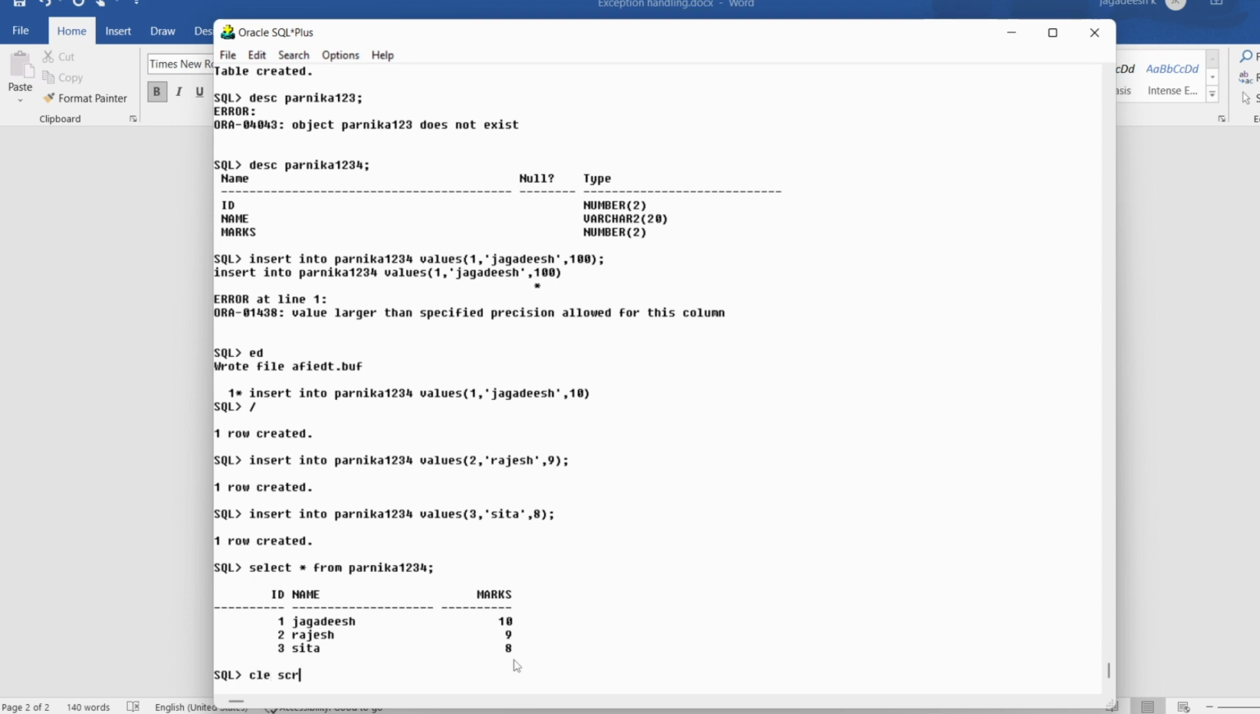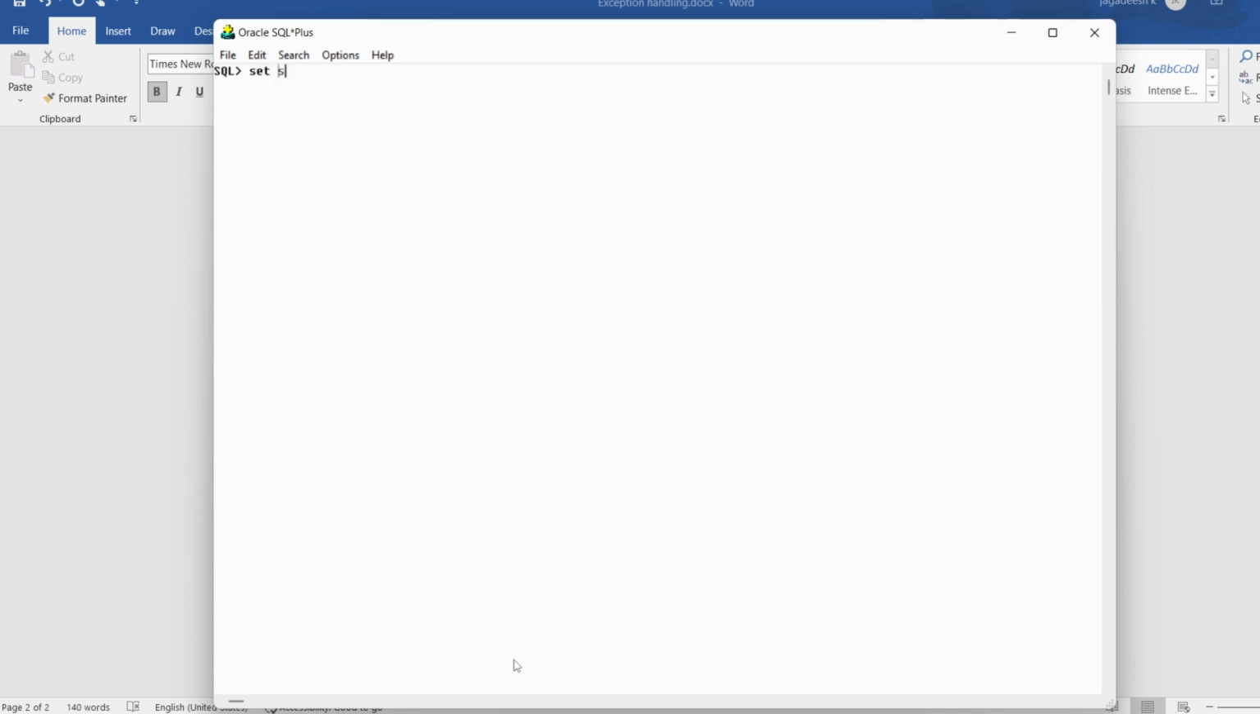Now let me clear the screen, and then again I will write set server output on, with the semicolon. Now I will write a simple program to discuss how this no_data_found exception will be raised. I will write the declare statement, and then declare a variable called temp of type varchar2 of size 20, with semicolon. Then I will write the begin statement, and then I will write select